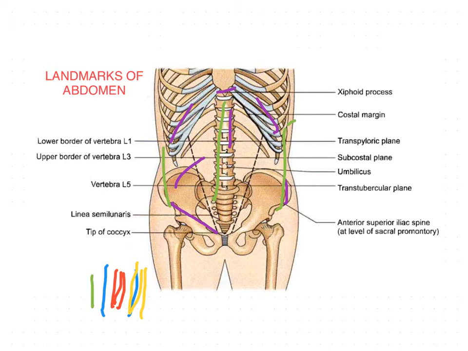So before understanding this abdominal wall in detail, you should know the landmarks of this abdomen. Okay, now we are going to see the landmarks of the abdomen. There are different kinds of landmarks which are used to identify the regions of the abdomen. So the first one is the anterior